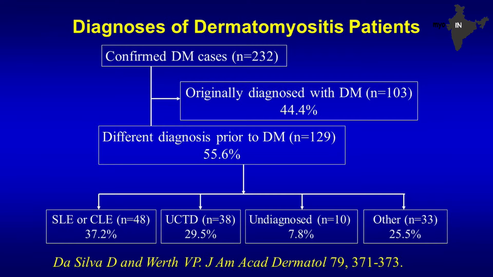And what we know is that, at least from our cohort of dermatomyositis patients, only about 44% of them are diagnosed with dermatomyositis prior to referral. The thought is that the referral patients have something wrong in terms of autoimmune disease, but it hasn't been characterized. When we look at the 232 patients in our database at the time the study was done, we found that 37% had been called lupus when in fact they had dermato. 30% were undifferentiated connective tissue disease, 7.8% were undiagnosed, and 25% were other, such as our patient with psoriasis